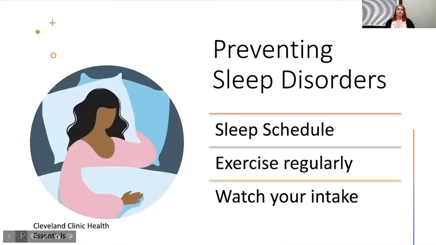Some ways that you can prevent sleep disorders, though, is that you can have a regular sleep schedule. If you get about 8 to 10 hours of sleep every night of full restful sleep, you should be fine. You can also exercise regularly by getting your heart rate up about 30 minutes a day, probably 3 to 5 times a week. And that can help you tire your body out to where you will feel that you need to sleep and you'll get a restful night because you have tired yourself out.